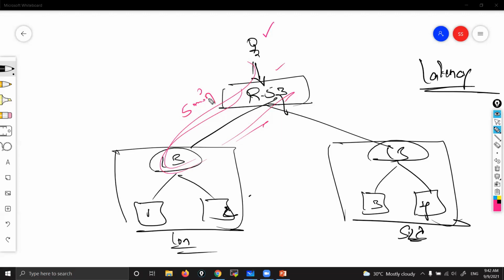Actually, that will be milliseconds only, but assume 5 minutes. If it sends that request to Sydney, it takes 7 minutes to get the response. So Sydney is taking more time. That's why Route 53 will send that request to the London region.